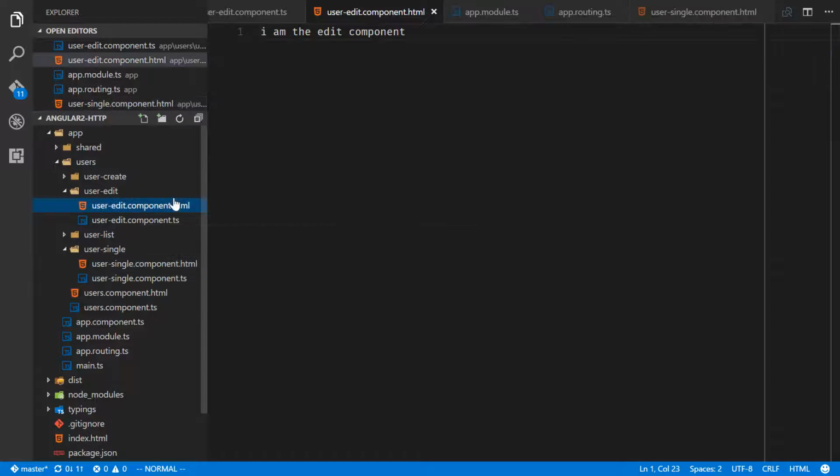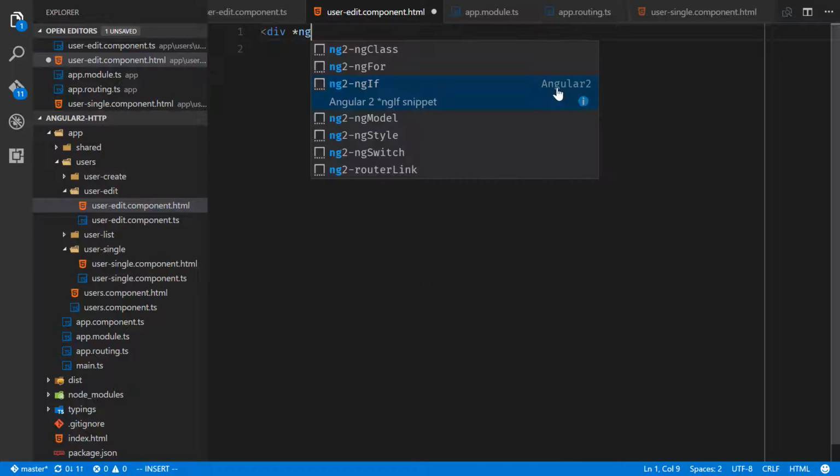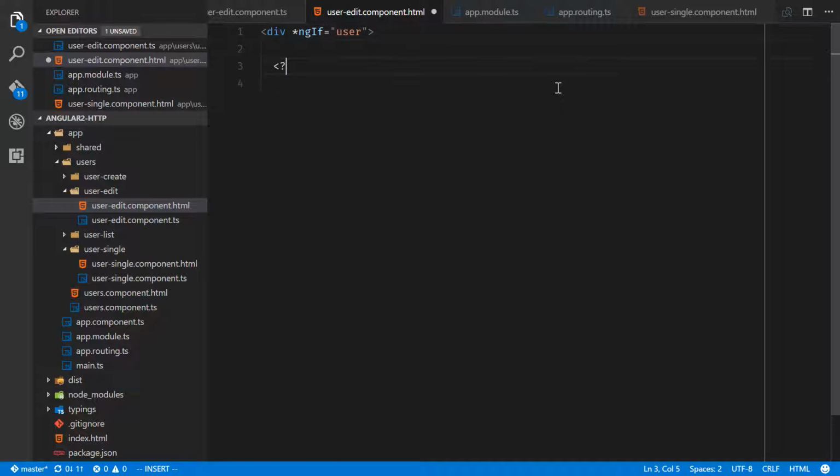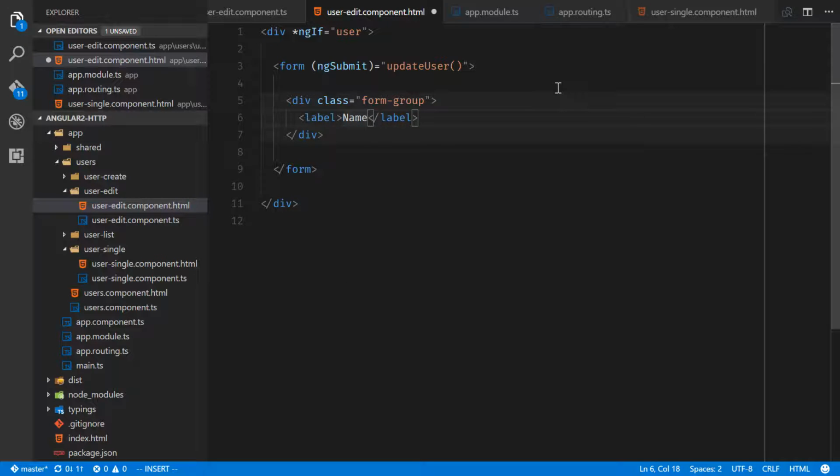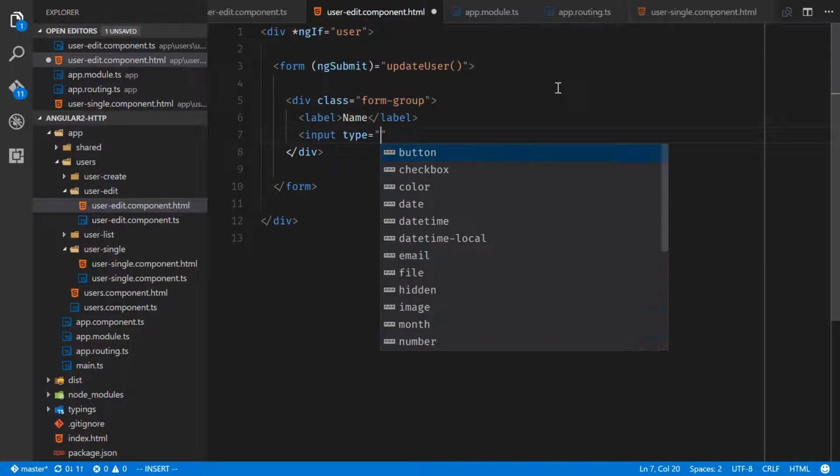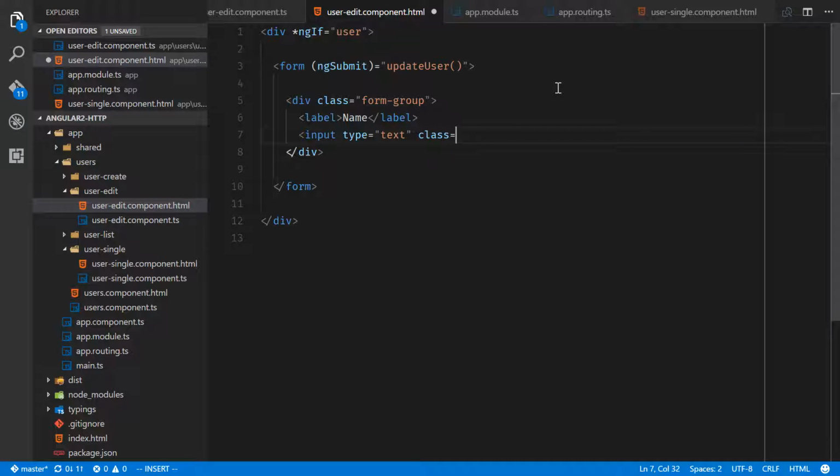We'll open up the user edit component. We already have the user here, so we'll start with div ngIf user. We'll create our form, and on ngSubmit, we're going to call the method that we will create called updateUser. Now we'll have a form group, and a label inside of that. This is for name. Input type is text. Class is form-control. Name is name. And we'll use